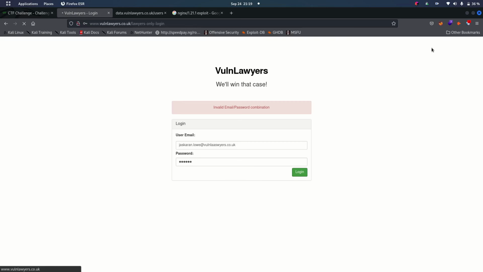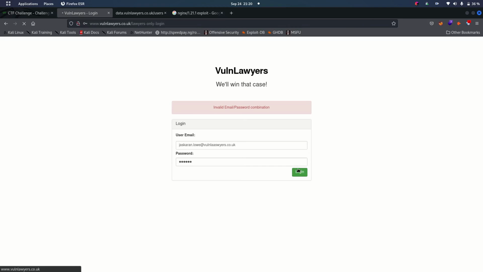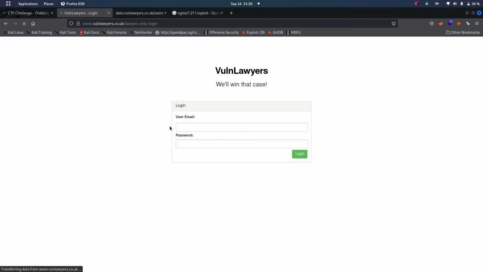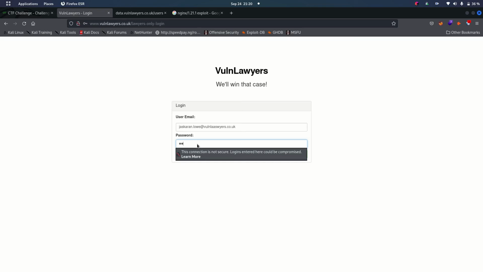Why is it just loading up? The interceptor is off, so what is holding it? But I know this should be right because we don't have the invalid email or password message. So this is supposed to be right. Let me copy this again and refresh the page, because it has been loading in Burp Suite. Okay, so let me paste this and summer